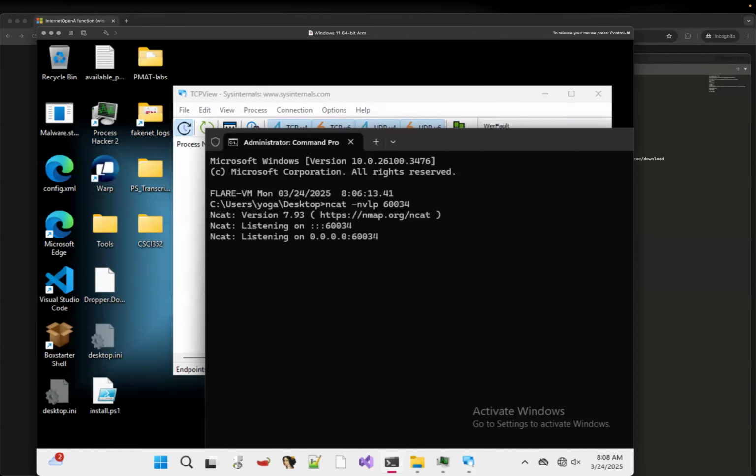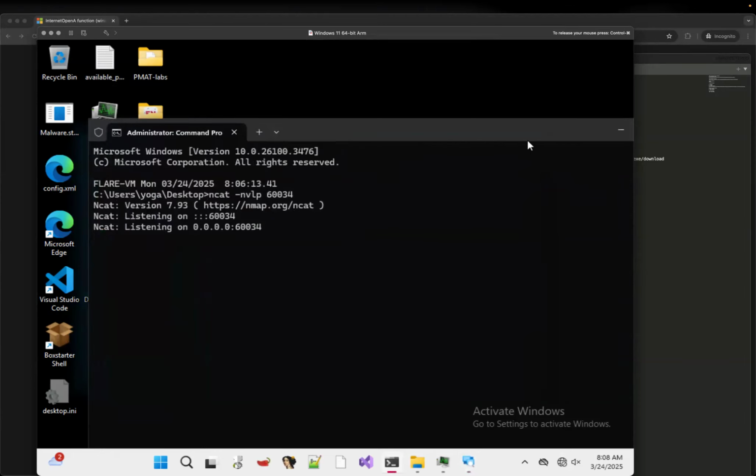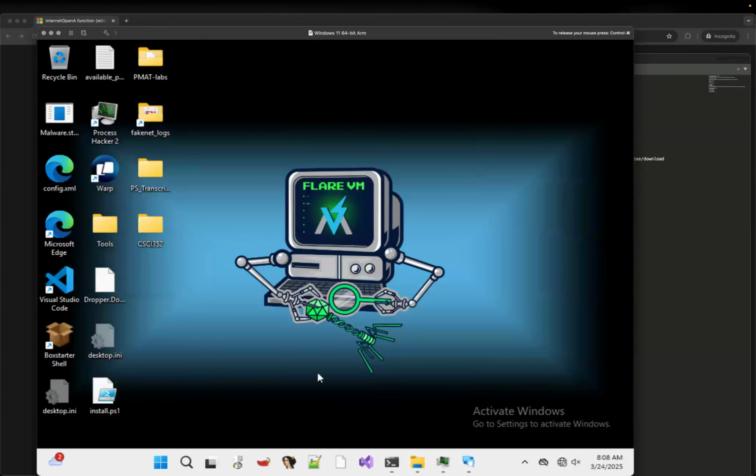So let's see, because sometimes the port kind of changes. My Windows Defender has some problem, it keeps quarantining my files. Okay, and back to your question, when you execute the malware stage 0 exe,